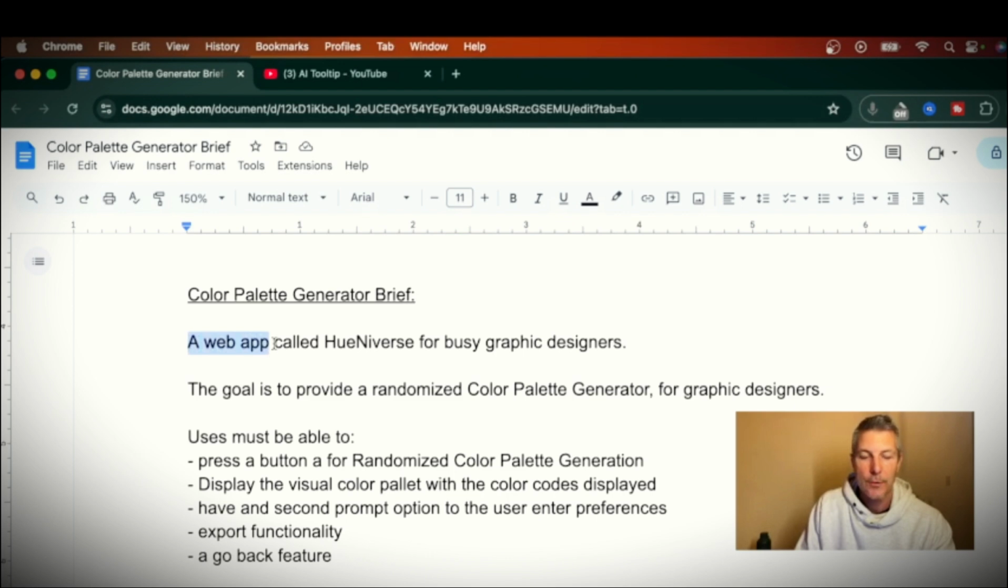Right? So it's not just a website. We might build that after and show it as a landing page. But to start, we're going to do a web app, and we're going to call it Universe, and it's for busy graphic designers who might be looking for inspiration. The main goal here is really to provide randomized color palette generation,